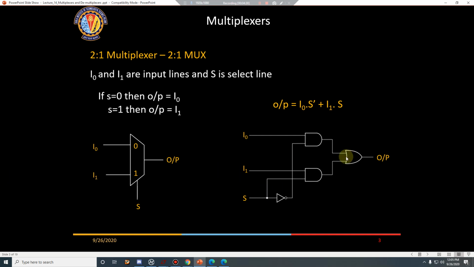Okay. See, if you don't have this OR gate, if you just short these two gates, consider a case where S is equal to 0. So you will have the output of this AND gate 0, that means here you will have a ground, whereas this gate will be enabled for S is equal to 0. So whatever is there, I0 is available here. So if I0 is 1, you will get a VDD there and this is giving a ground. So that VDD and ground will get shorted. So you cannot have this kind of arrangement. So you need to have an OR gate. In the OR gate there is no problem. It will be 0 here, it will be 1 here. So 1 will get reflected out. Is it okay?